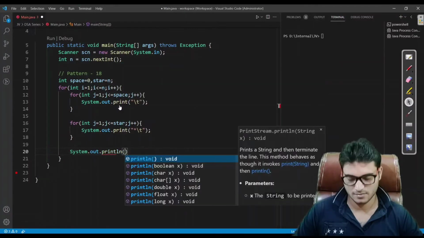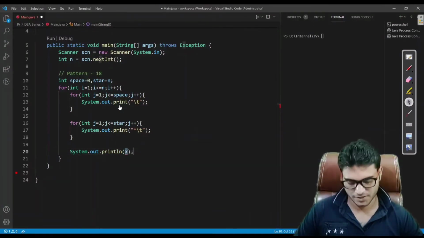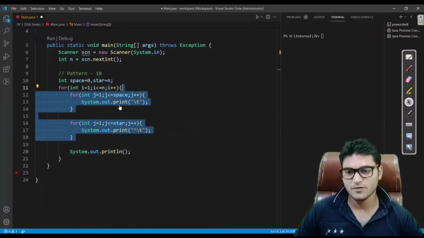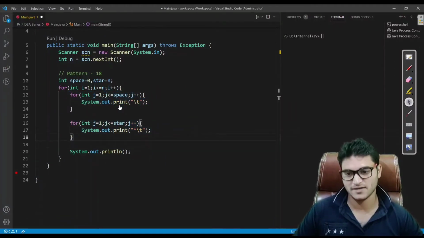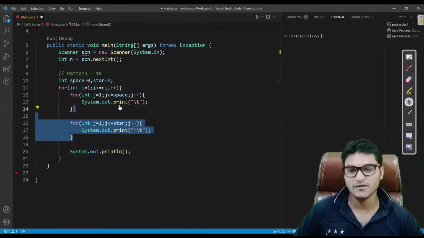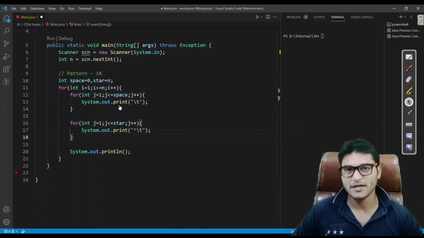println. So if you know this technique, what I am explaining in this video, for printing the number of spaces and the number of stars, then you would be a pro in printing stars from my perspective, because in the initial video I have already explained that if you know this trick, then any kind of pattern would be a cup of coffee for you.